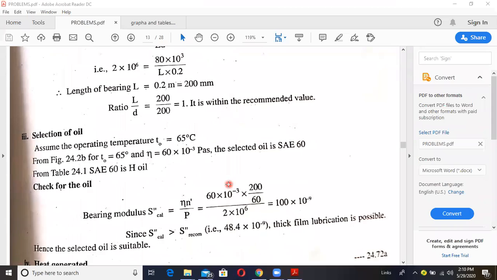Next we are going to the selection of the oil. Here they have not given the operating temperature. We are going to assume the operating temperature. So here, selection of oil. Here, since they have not given